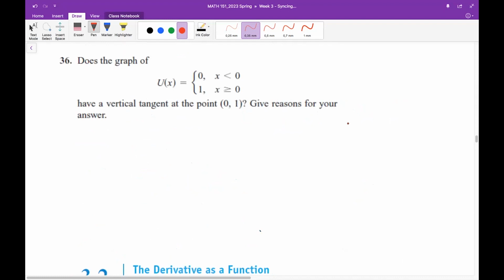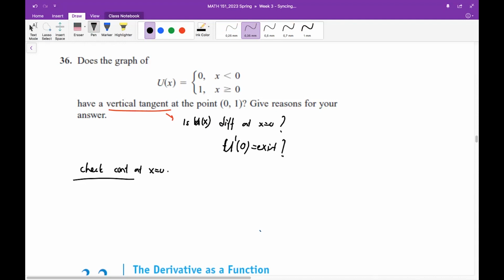Before the break, let me also show you this question, then we will take a nice break. The answer for this one is really quick. Is there a vertical tangent line at the origin? Again, the question is about differentiability: whether your function u of x is differentiable at x equals 0. Or you can paraphrase this question as whether this exists or not. That's why we need to first check continuity